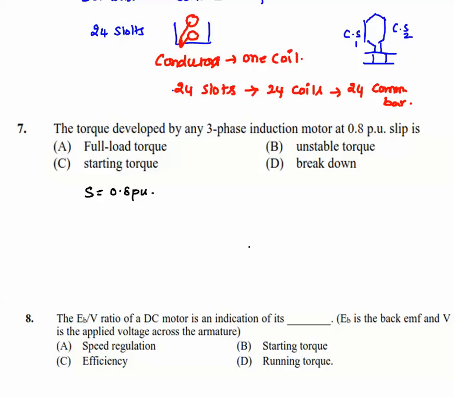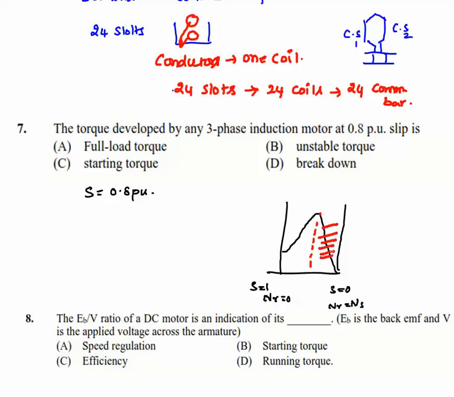Normally, from the speed torque characteristics of the induction motor, we can observe that slip is maximum here and minimum here, rotor speed is 0 here, and here rotor speed is equal to synchronous speed. The characteristics will look like this, approximately. Up to this point, this region is called the low slip region,